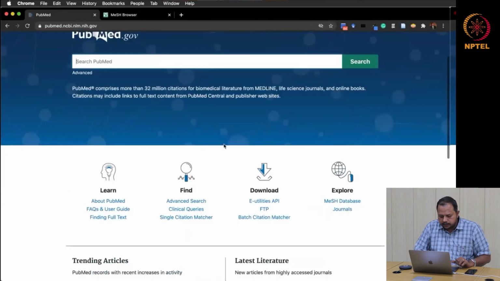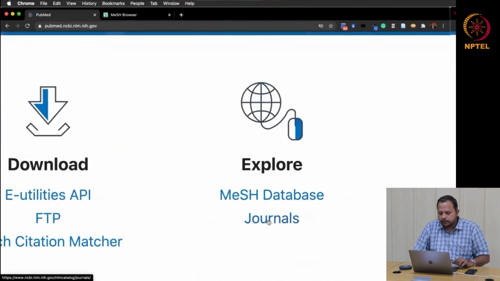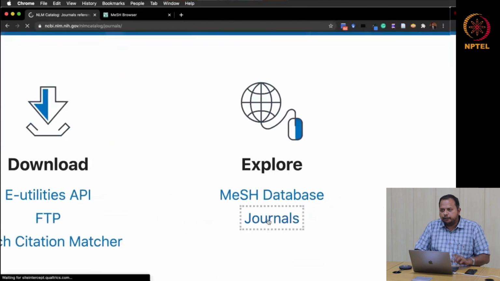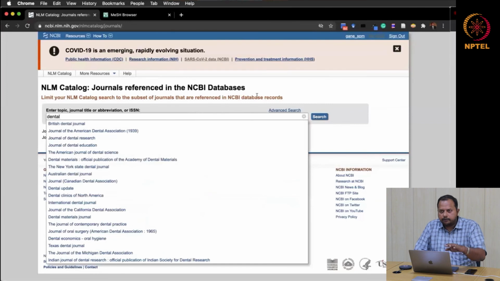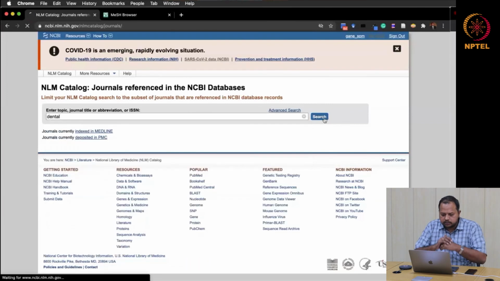You can see there is a page called explore option, and you can see journals. So click journals. Some of your friends, some of you, your colleague may say that, no, I publish in this particular journal, and they say that it is, or the journal website says it's available in PubMed. If you really want to cross verify, you can cross verify also. So for example, like if I want to search what are all the journals which has a dental as a name in that, first it automatically lists, but still if you click search, then it will search all the journals